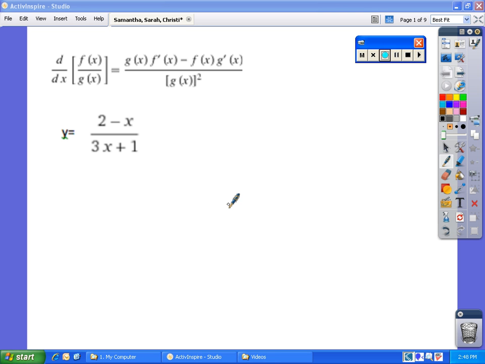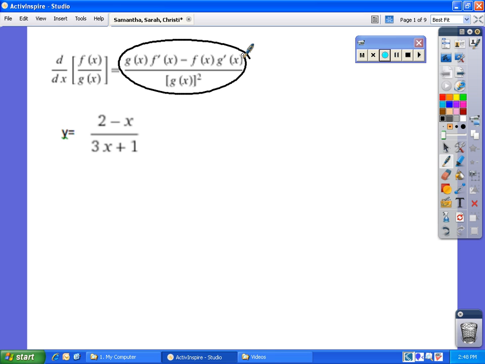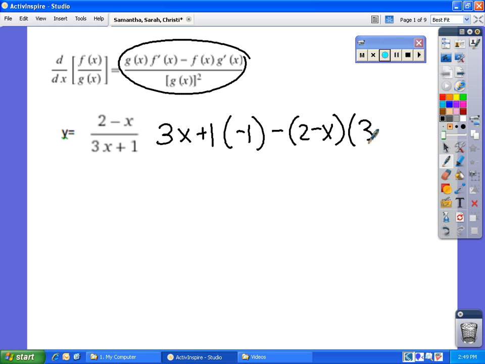So I'm going to start off with a derivative problem, and it's the quotient rule, which is for you right here. Low d high minus high d low, been drilled into our heads. Alright, so this is a problem. y equals 2 minus x over 3x plus 1. So start with low, which is 3x plus 1. Derivative of high, which is negative 1, minus high, 2 minus x. Derivative of low, which is 3, all over